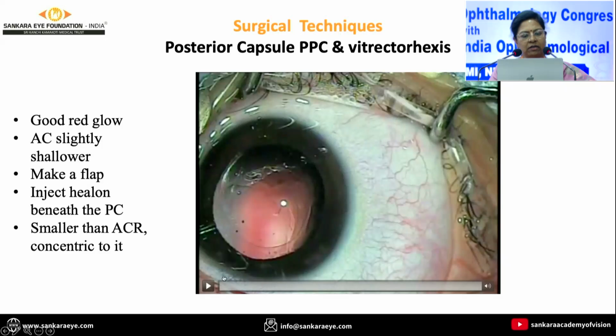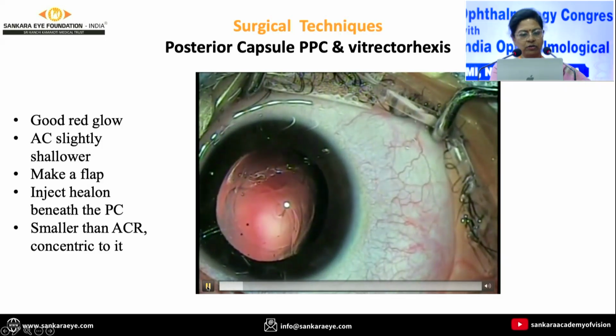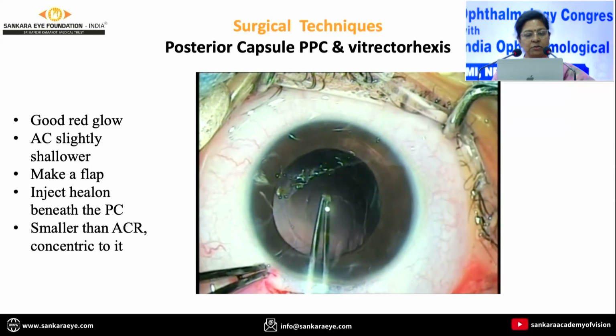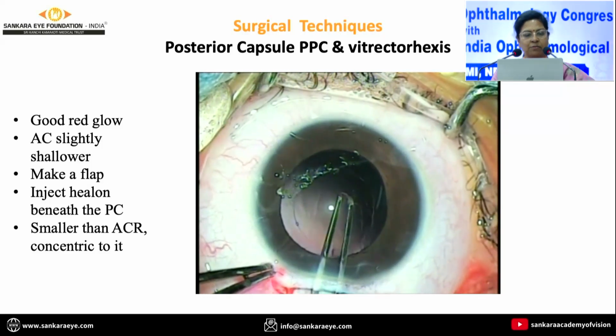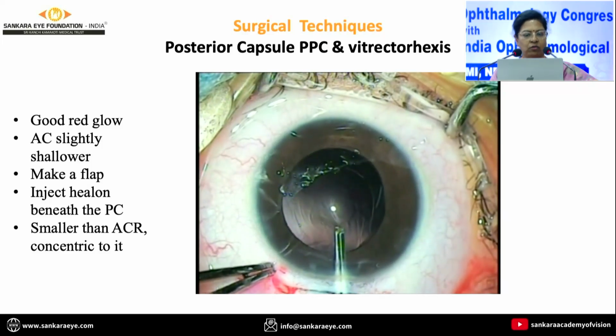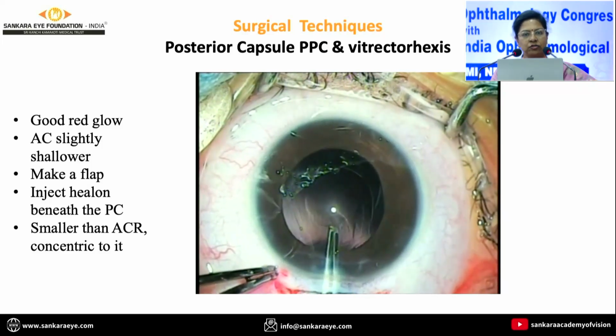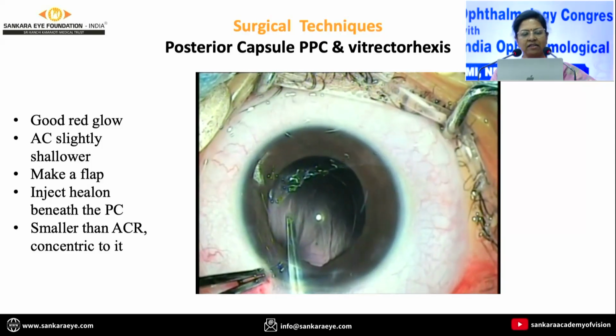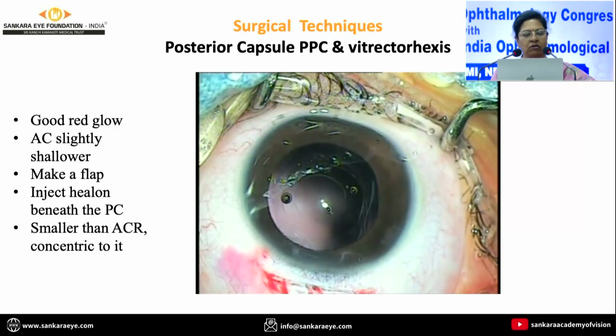Now coming to yet another technique, tackling the posterior capsule. Here in this video I am showing the PPC, which is being done using the capsule forceps again. You need to have a good red glow and the AC should be slightly shallower. Make a flap or a nick and then inject a little bit of Healon beneath the nick or the capsular flap